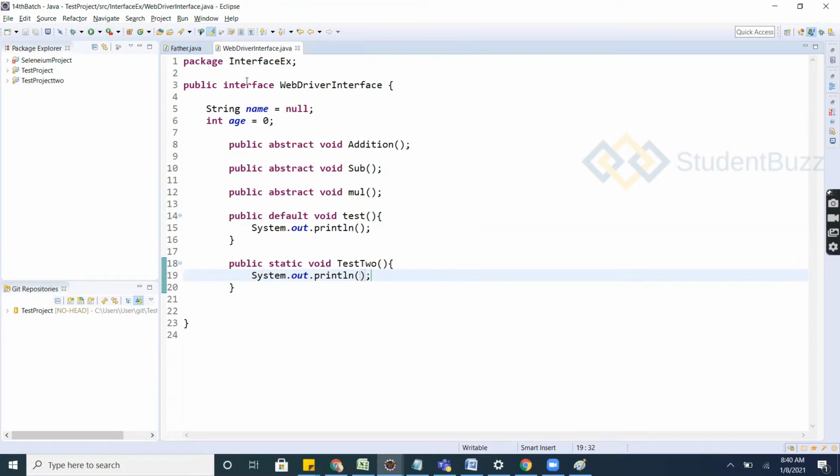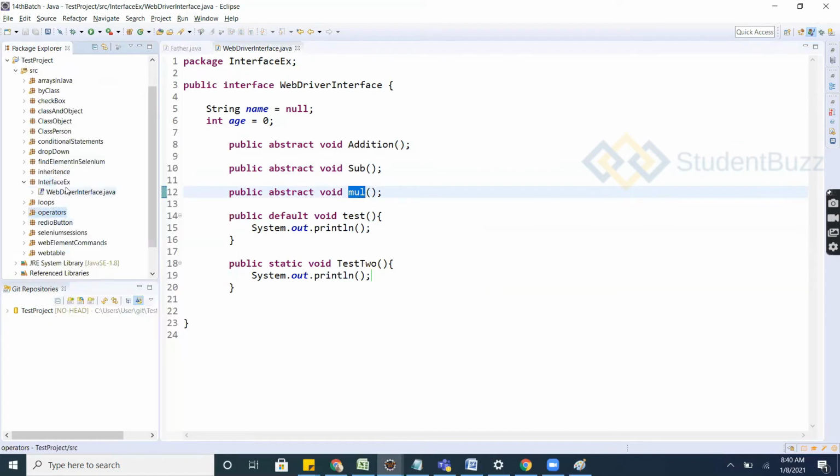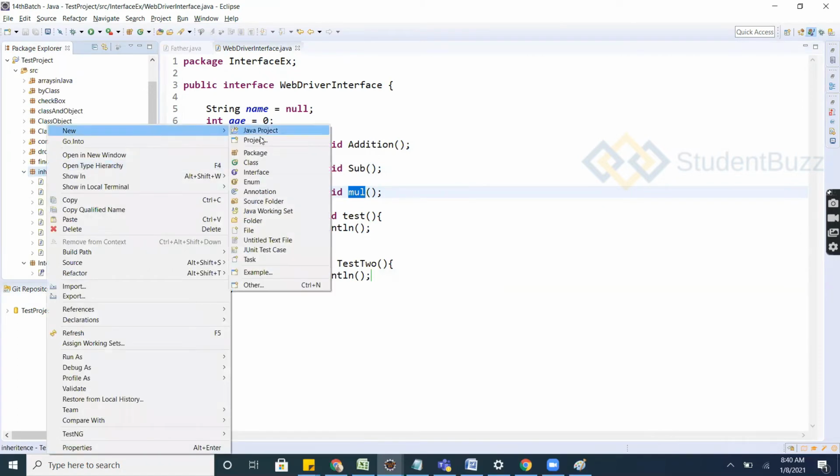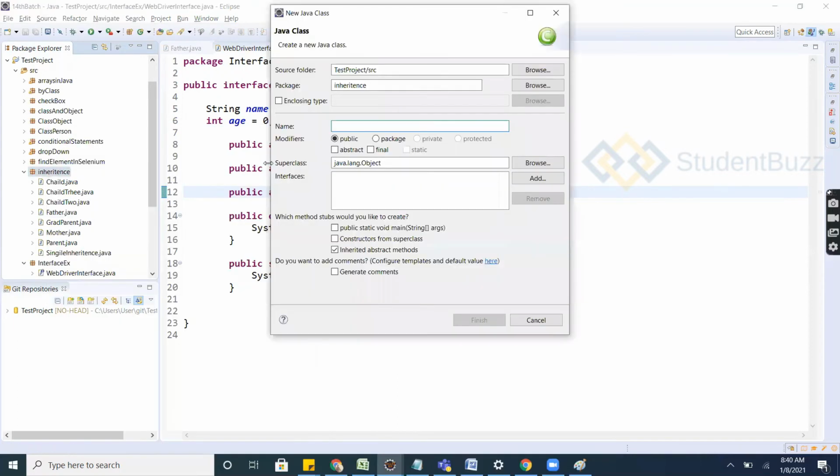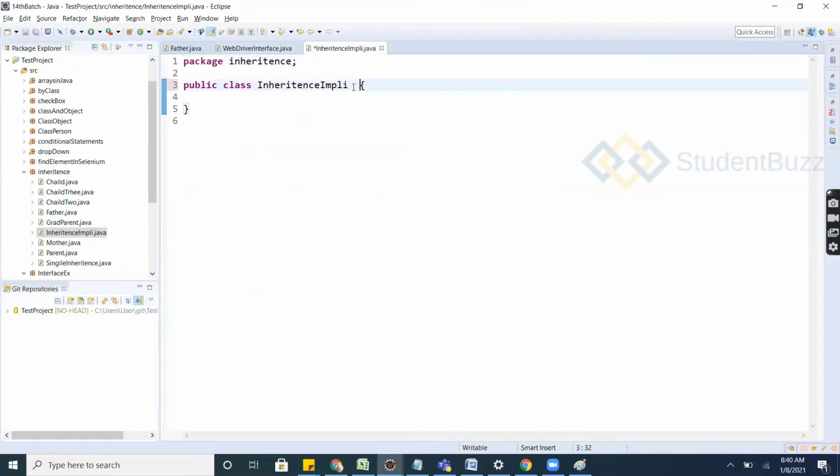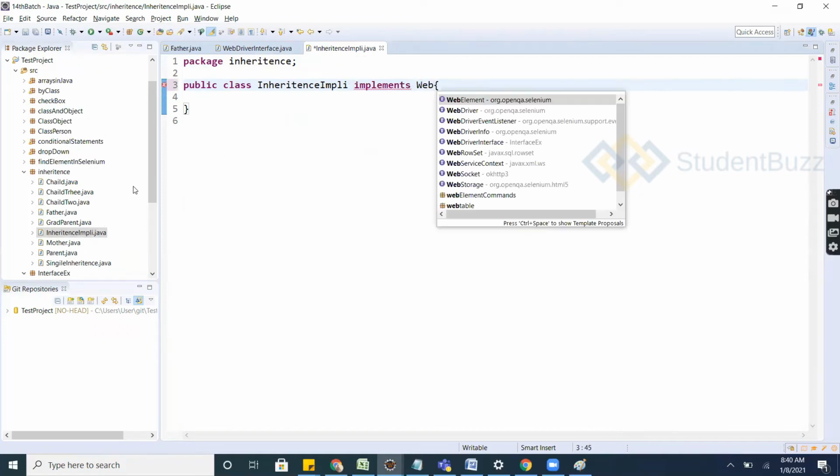So let's create another class and implement this, the non-implemented methods, into the other class. What I am doing here is inheritance. I'll create one class inside it and use the implements keyword with the WebDriver interface.